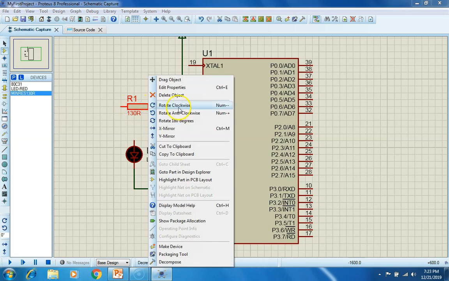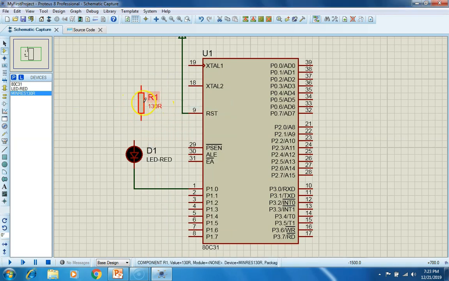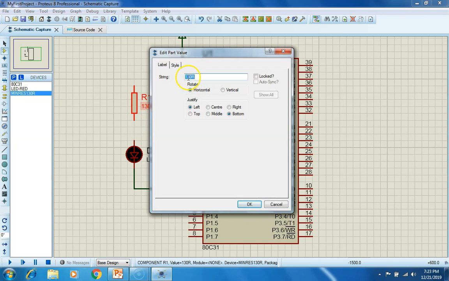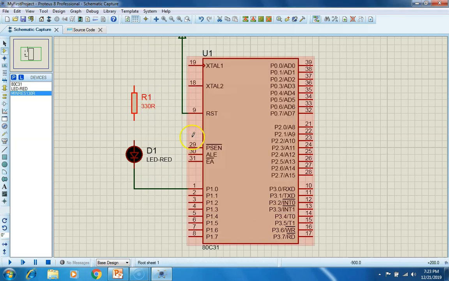Let us rotate this resistor clockwise. Connect this resistor here. You can modify the value of this resistor by clicking here. Click on OK.